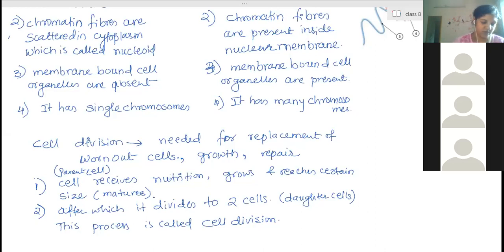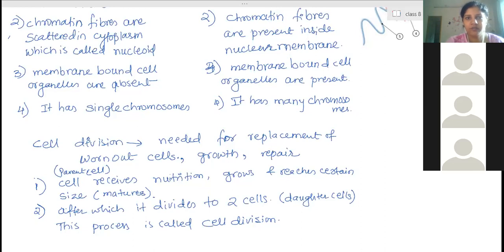Okay, ma'am. I've already posted the cell assignment. So there you click while sharing, and then submit. After submitting, there is one more option, hand in. So click on hand in. Then only I can check those. That means you are handing in to me. Submit means it will be in your account, but it will not be seen by me. So you have to press the hand in option. Okay, ma'am.